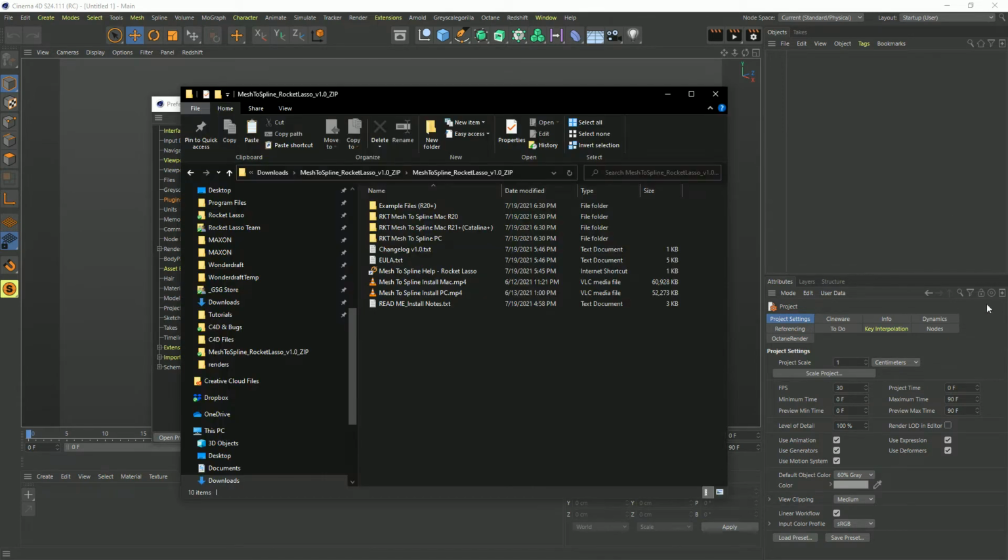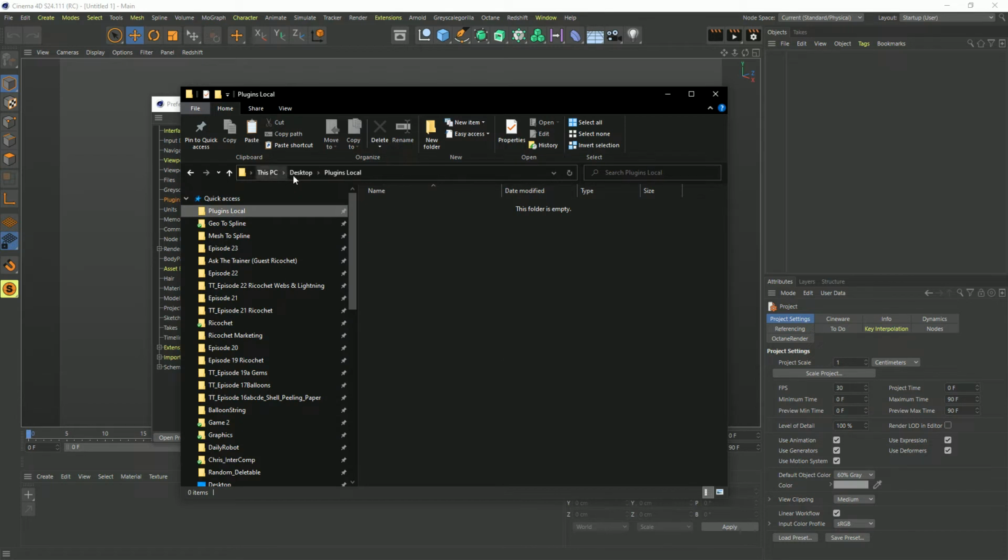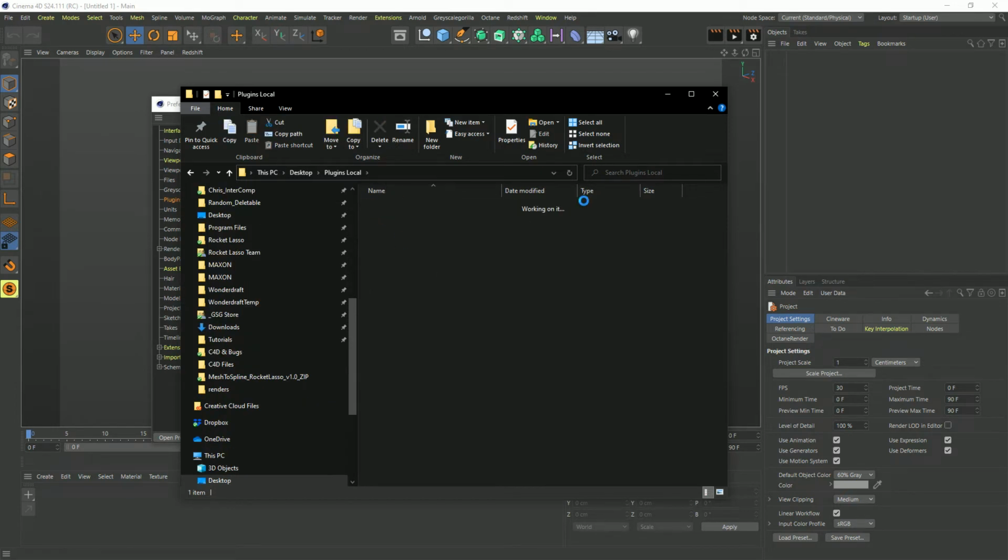Navigating back to our File Explorer, I would like to travel to some folder somewhere on the computer. In my case, I have a plugins local folder that I created on my desktop. This could be anywhere on your drive. Right-clicking, you can paste the copied file, and it's pasting in there. And then go inside that folder, and now you will see up in the File Manager, we can select that,